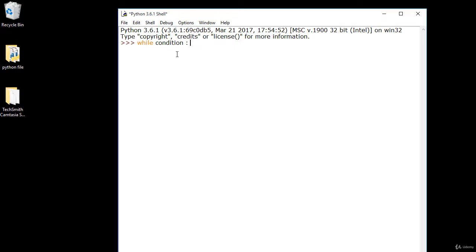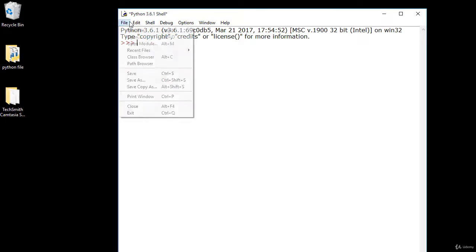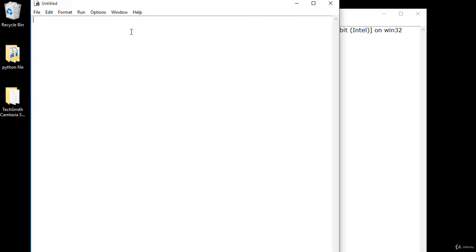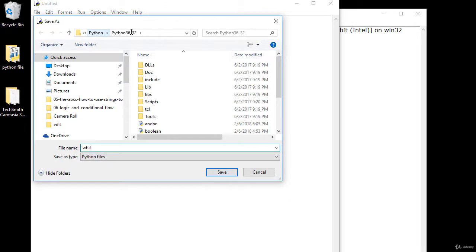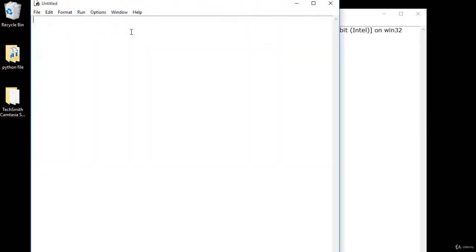I want to make a quick statement of why while is important. Just open a new file and save it as something like while example x.py. py is the extension and important, just remember that. What if you want to print your name 10 times?